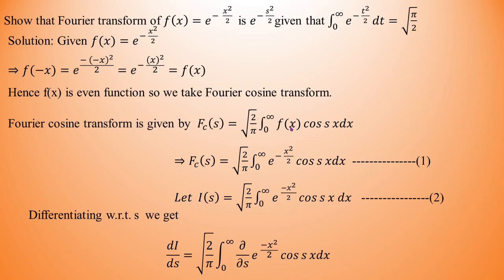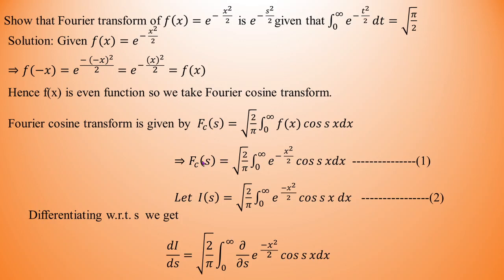Here we will substitute f of x. The range is not given, it means it is over the complete range. So f of x is e raised to power minus x square by 2. Now the question is how to simplify this, right? Because we know the integration of the form e raised to power ax into cos bx, but here it is not e raised to power ax, it is x square. So how to solve such